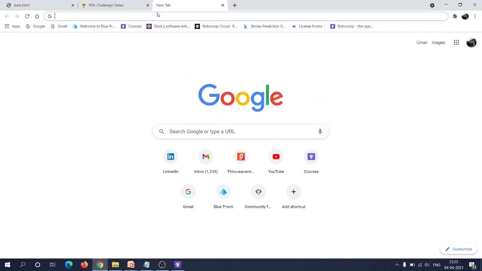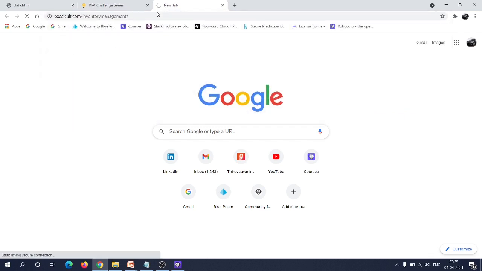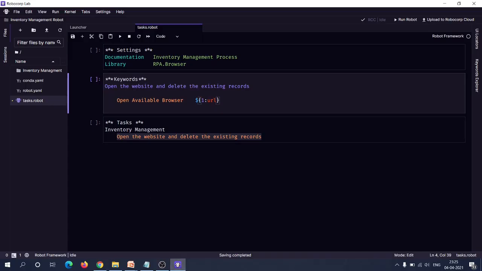Inventory management. Yeah, you can copy this URL and let me paste it here. So this is what we have to pass as an argument to the open available browser. 1 2 3, sorry, you have to pass it after 2 spaces.